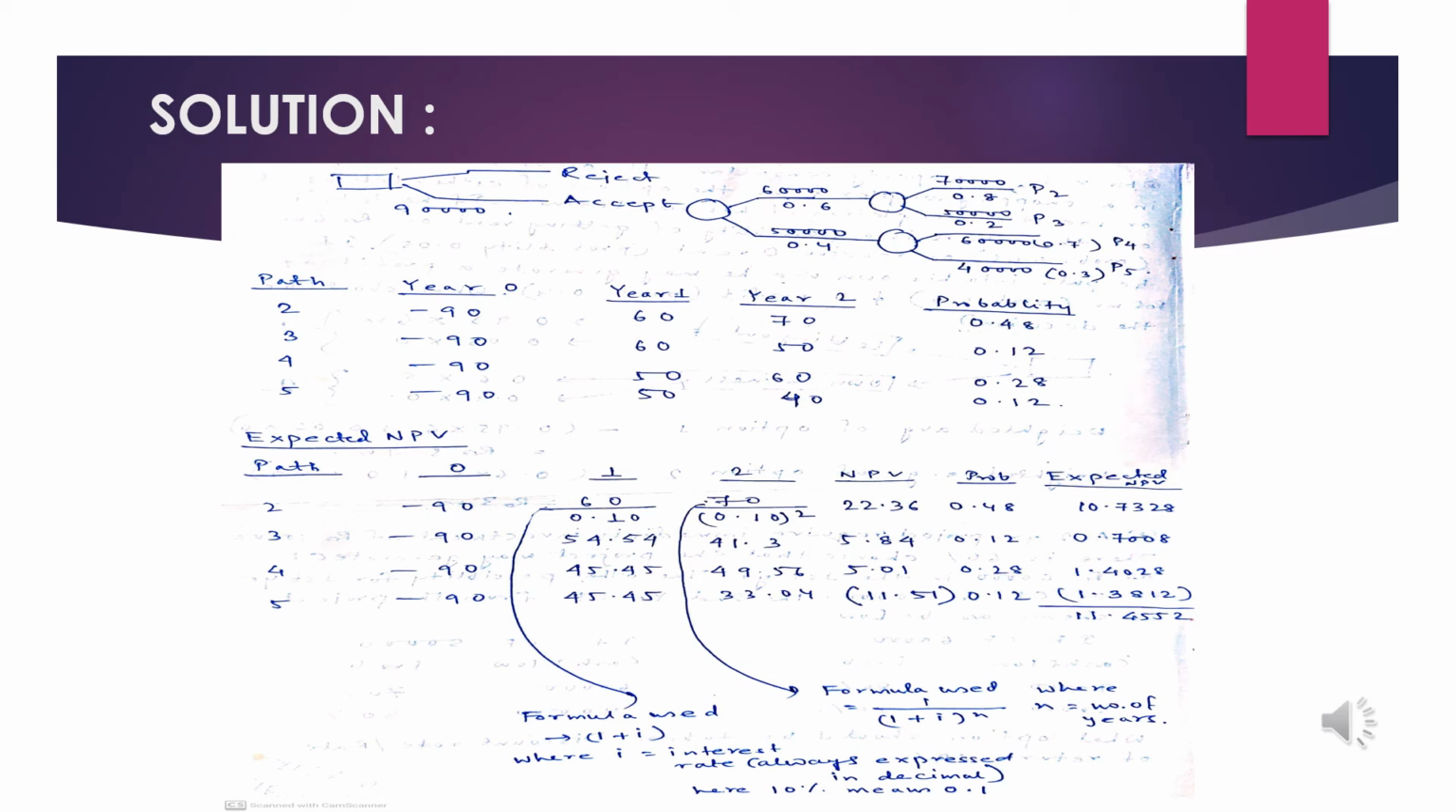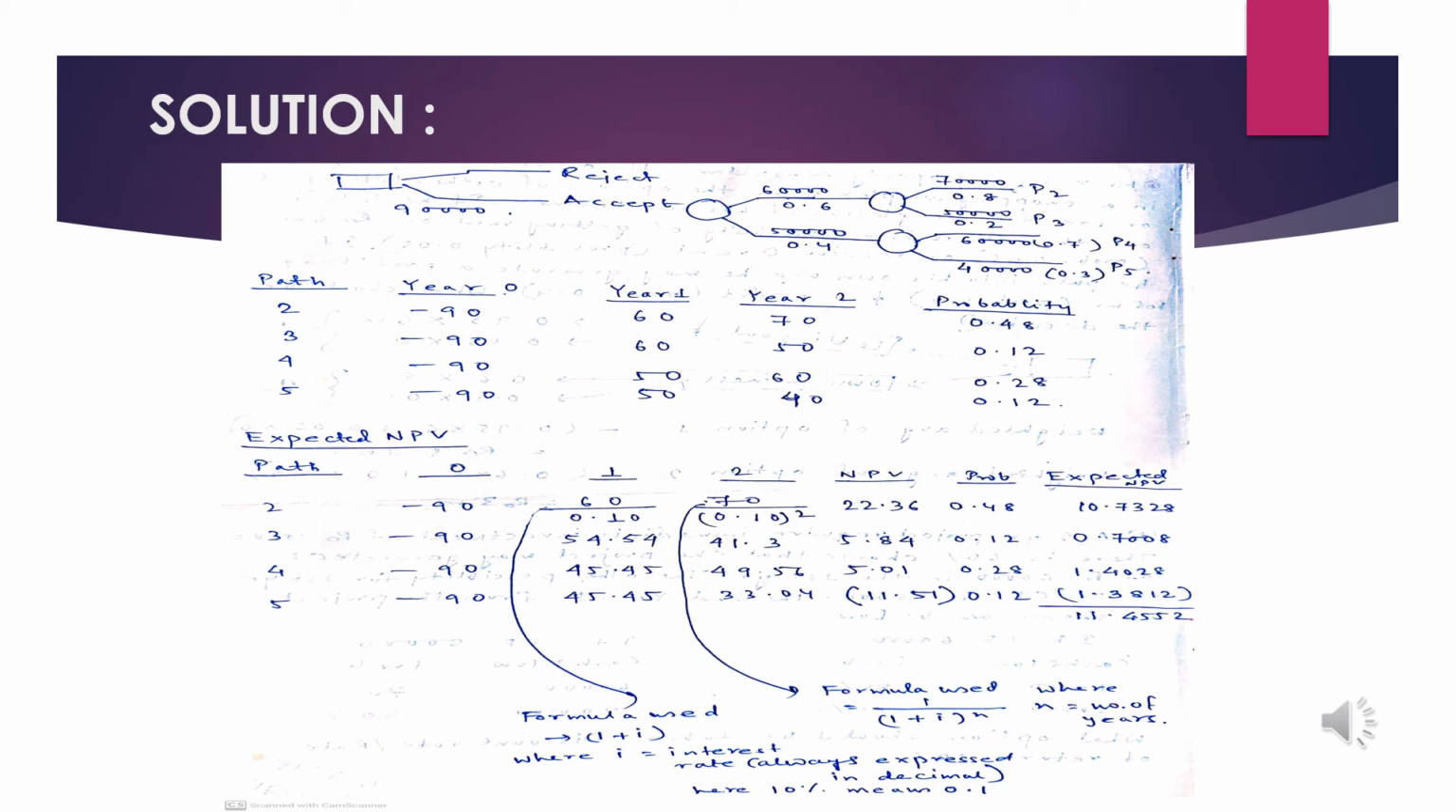If you students go on calculating the values for path 3, 4 and 5, the values should give you 0.700, 1.4028 and in a negative, 1.3812. If we add up all the values of the expected NPV of all the paths that are available to us,